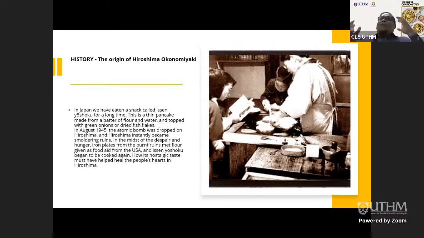So what they can do, first of all, maybe at the time they came up with the idea of isenyaki now. But isenyaki cannot fill your stomach. And people would still be hungry, no? And then at the time,